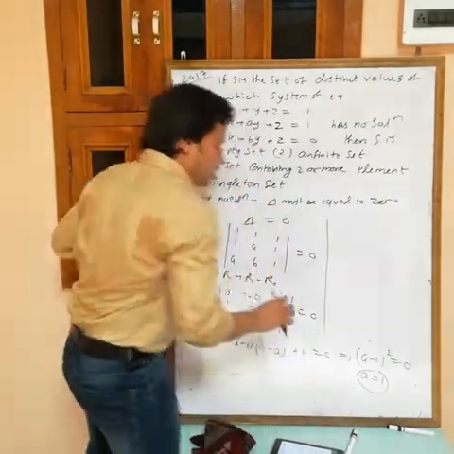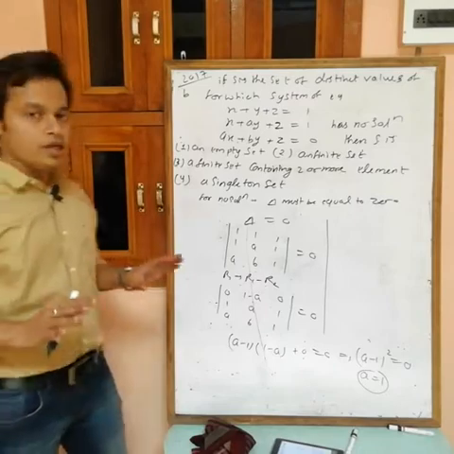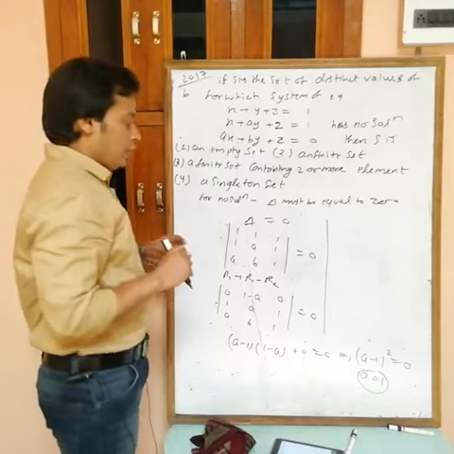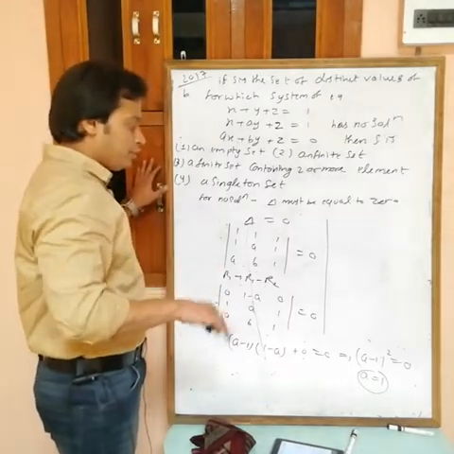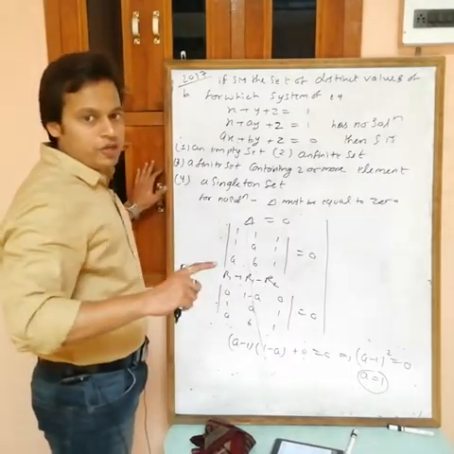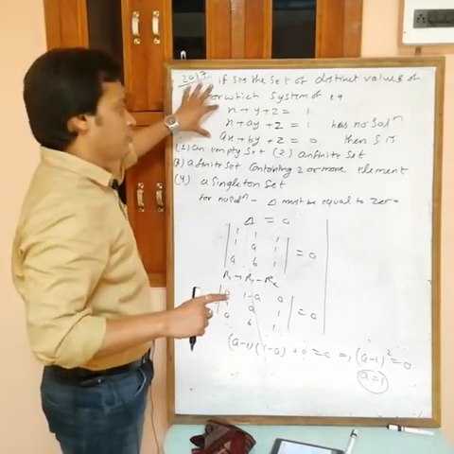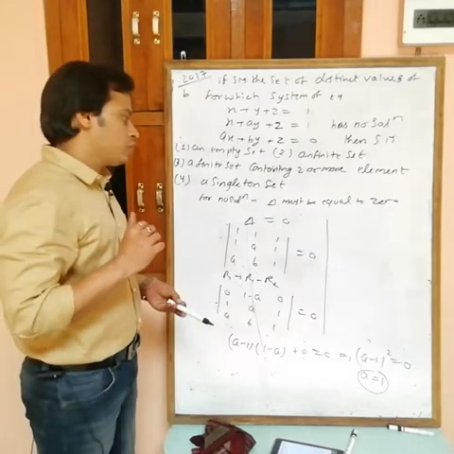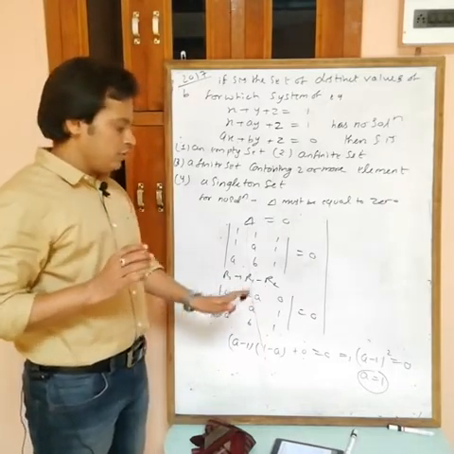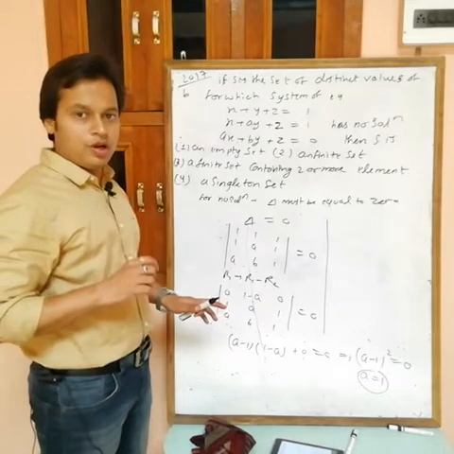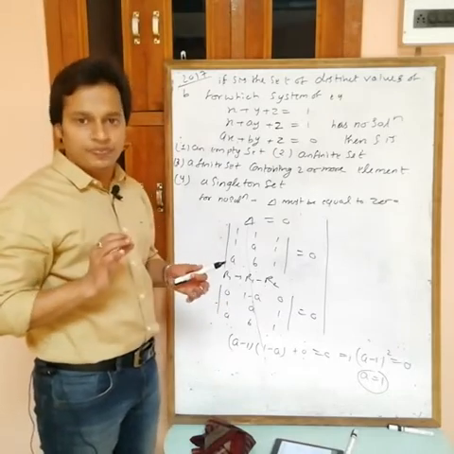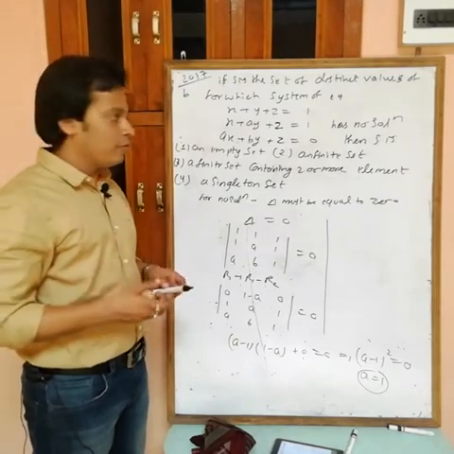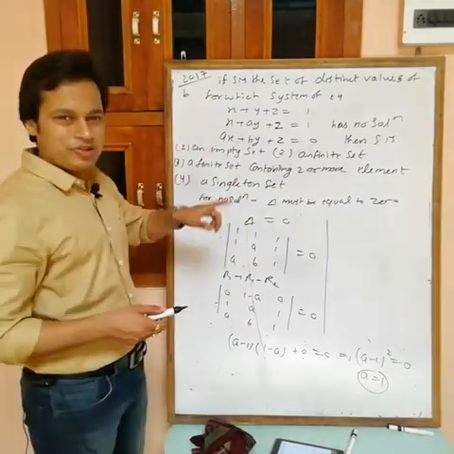So here we are getting that the value of a must be equal to 1. Value of a equals 1, then del becomes 0. It means a must be equal to 1. So put a equals 1 in the given equations. Now after this you have two ways. First, a must be equal to 1. Now find the values of del 1, del 2, del 3, and find the value of b such that at least one is non-zero. Or actually these are simple equations, so first I am putting a equals 1.